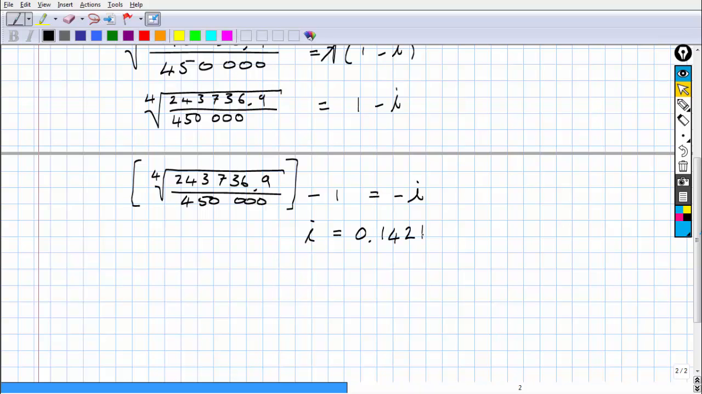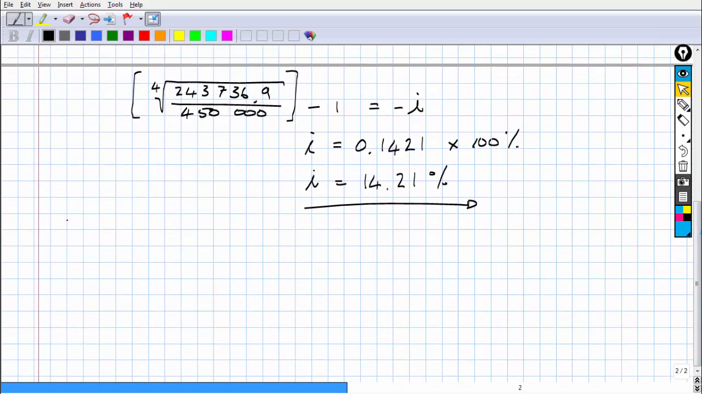0.1421. Okay, so we get I equals that, and then if as a percentage, must write it as a percentage, you times this by 100%, and I is equal to 14.21%, and that's your depreciation every single year. Right. The next question says,